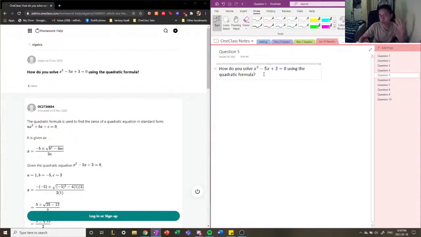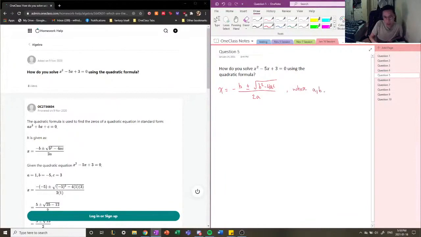This includes when your function does not have a perfect square, or there's no combination of factors which will easily identify your zeros. So the quadratic formula finds your values of x, or your solutions or roots that solve this quadratic equation by doing this. It's negative b plus or minus the square root of b squared minus 4ac, divided by 2a. Where